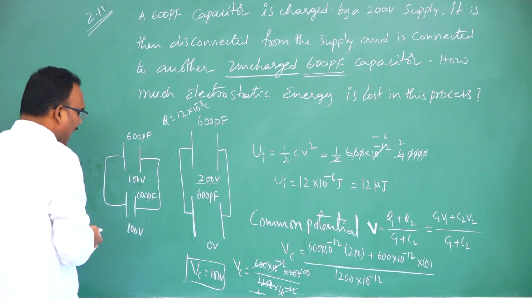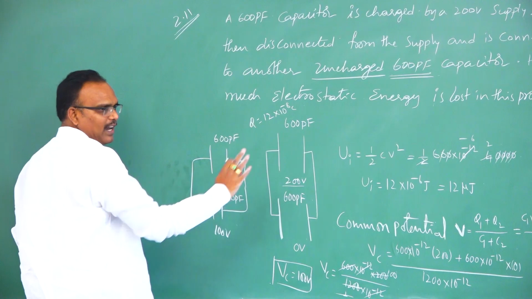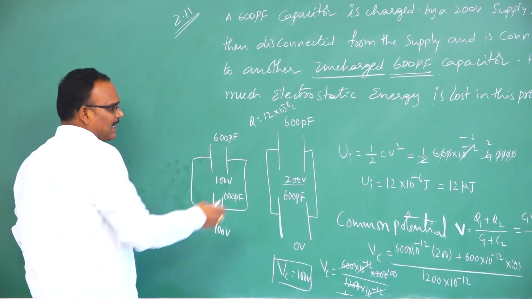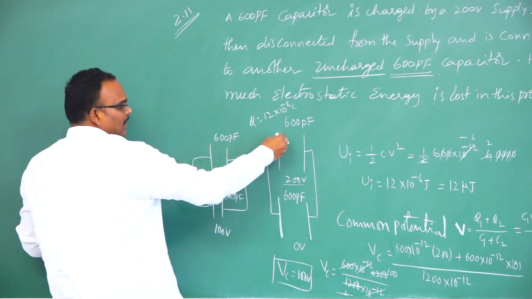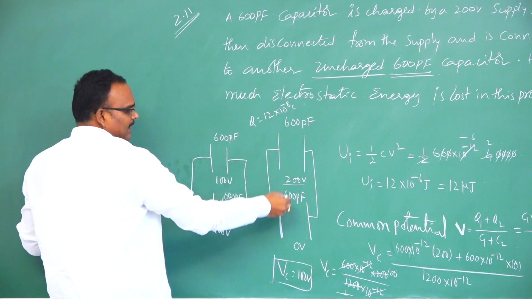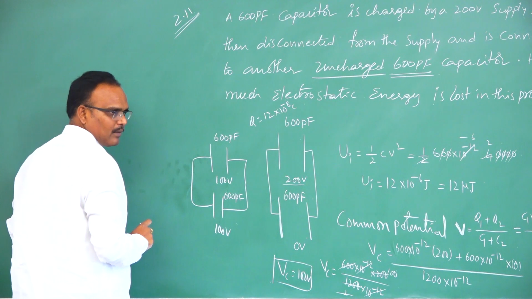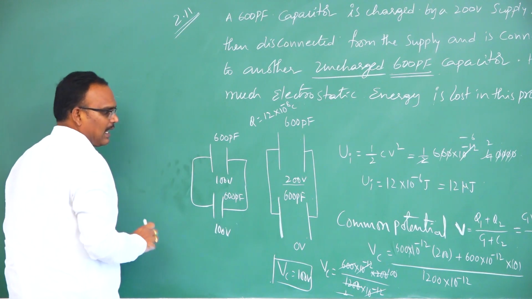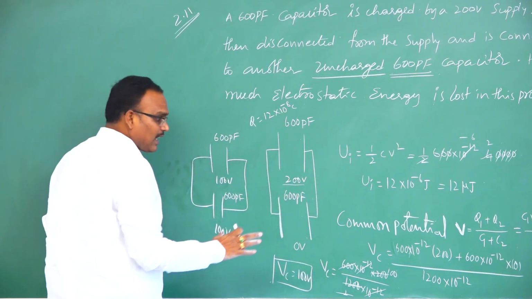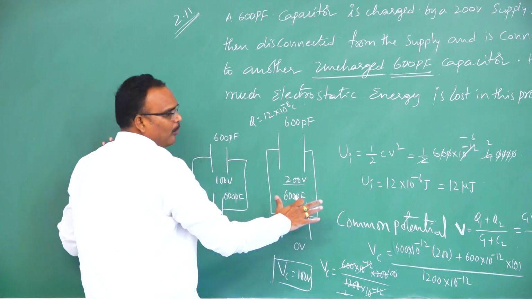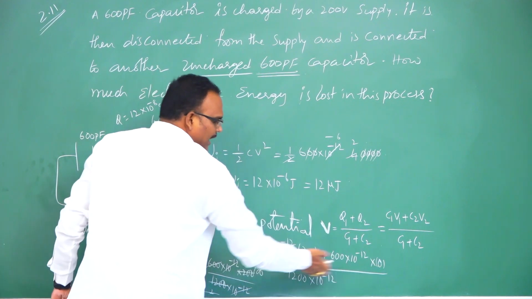Now if you want to calculate charge on this capacitor, that is 600 into 100. You multiply, you will get charge on this. That means the charge flows from this plate to this plate. Here you have to understand, if it is a positively charged plate, this will get positive charge. This is negative charged plate, negative charge will acquire. For example, if the second capacitor is not uncharged, if it has charge, then obviously here Q2 is not 0, here voltage is not 0, you will get some other value.